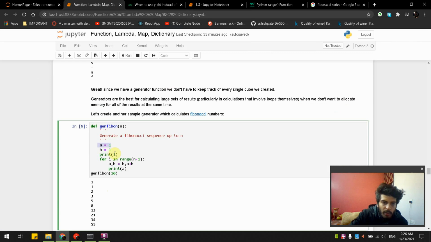So a is equal to 1, b is equal to 1, print 1 for the first line, and then we can start the loop, for i in range, if we put 10, 10 minus 1, and then a is going to be our 1, and b is 1 as well. But now you can see a is going to be b, what we have in b is 1, then after that in b we will have a plus b.